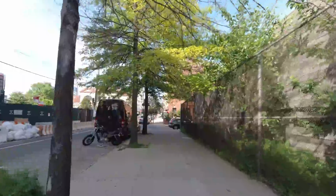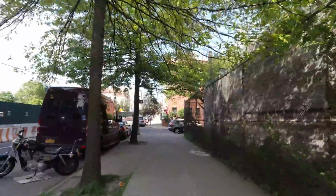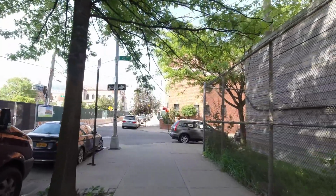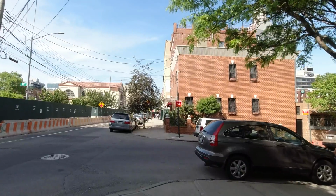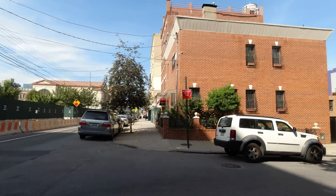So currently the Osmo Action costs $349, the same price as the Hero 7 Black. So far I like it a lot. The menu system is a little bit weird, as I stated before. I do like the menus from the Hero 7 Black better,